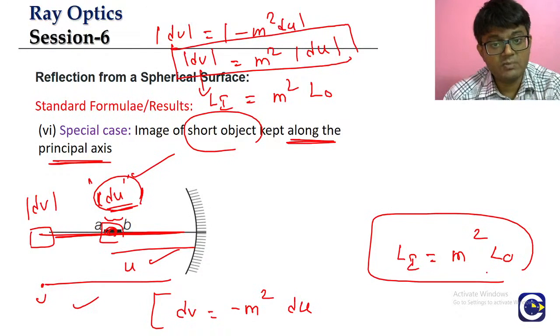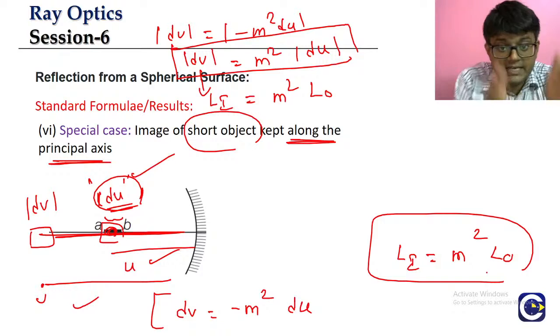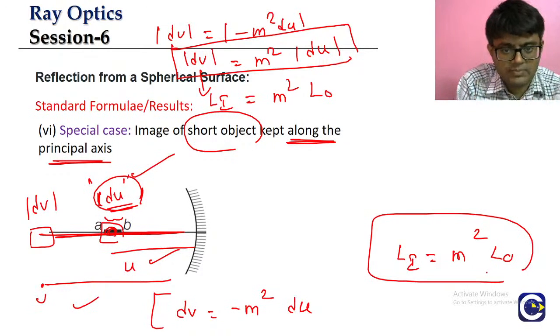There is an easy way to remember it. Look at the velocity component formula between the perpendicular image velocity component and the perpendicular object velocity component. The relation we get is dv by dt is equal to minus m square into du by dt. Here we are taking a modulus, that is why the minus will not be there, because length means